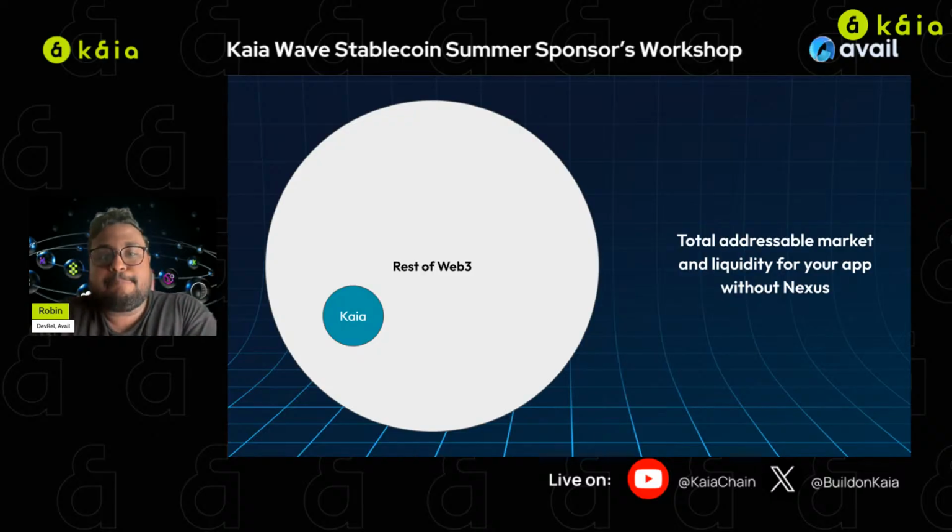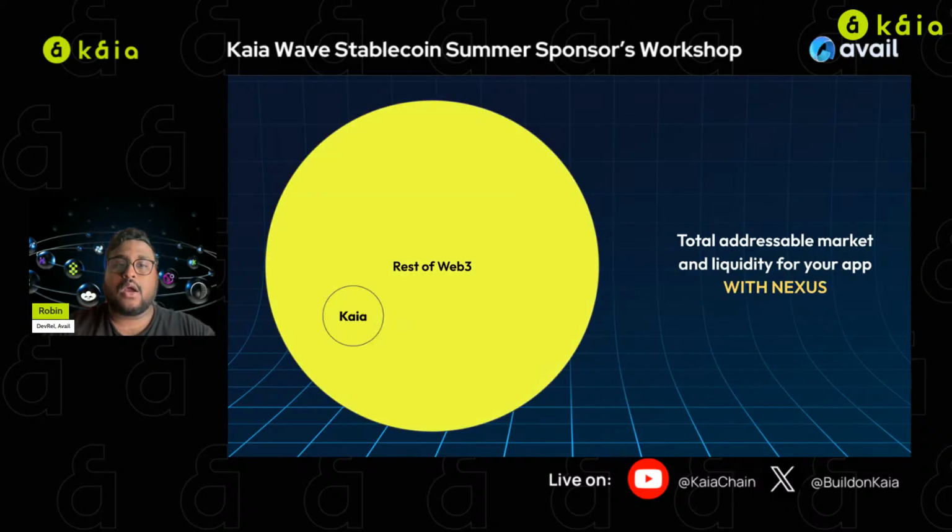hackathon, the total addressable market, right? Even after the hackathon, if you decide to go and try to deploy your project in the real world, the number one problem you will eventually start to realize is that the total addressable market can be limited at points, and your liquidity for your app, when compared to the rest of Web3, is not where it could have been, right? And what we enable with Nexus is that now you don't have to worry about that,